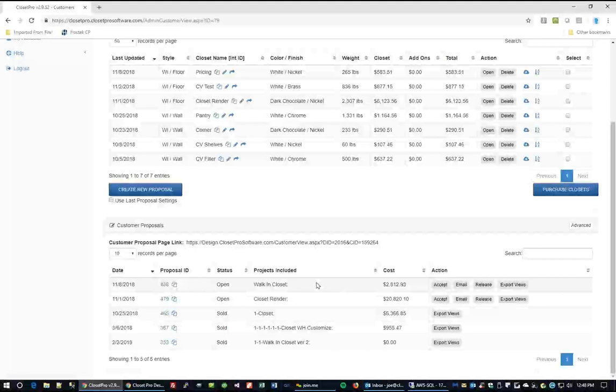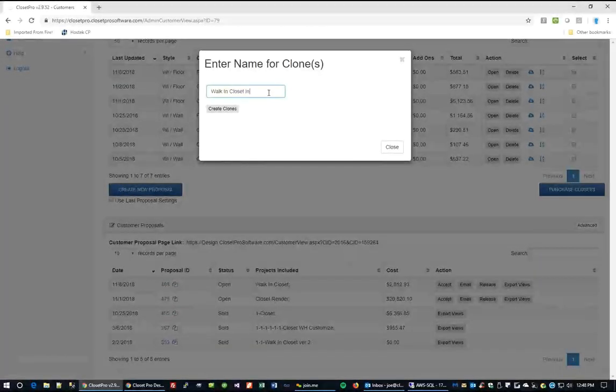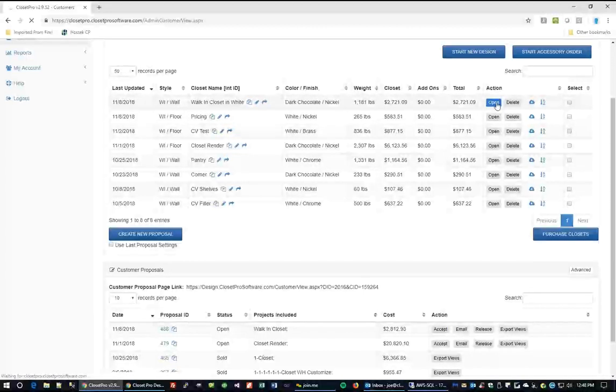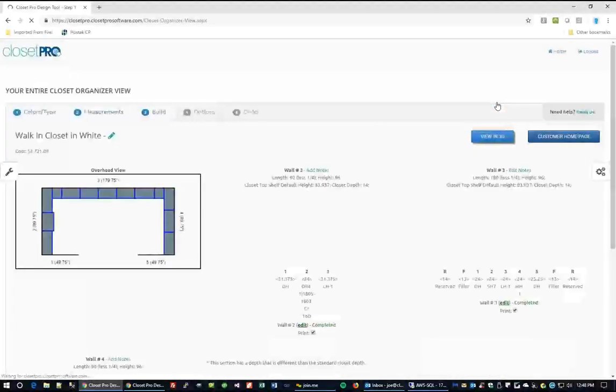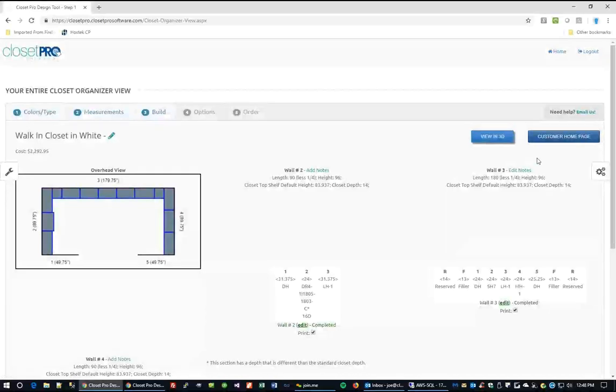But let's say you sent this to your customer and they said, hey, that was a great design, but can I see it in white? What you can do is clone the closet that's in that proposal and rename it. That leaves this proposal alone and puts the closet back up in here. You can then open it, and you can literally do this from your phone, because it really is not that hard to log in and do this kind of change. And then you would just go here, change it to white,